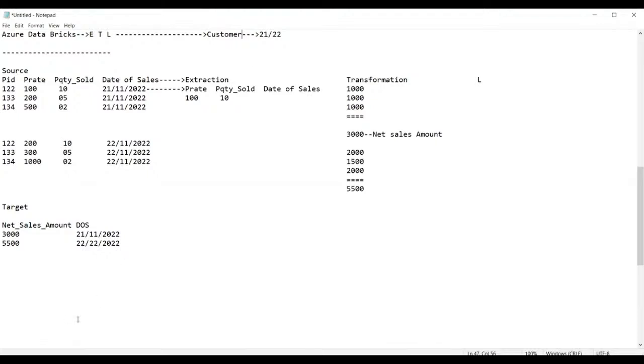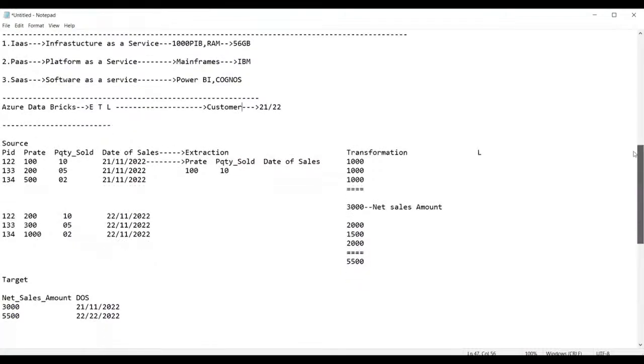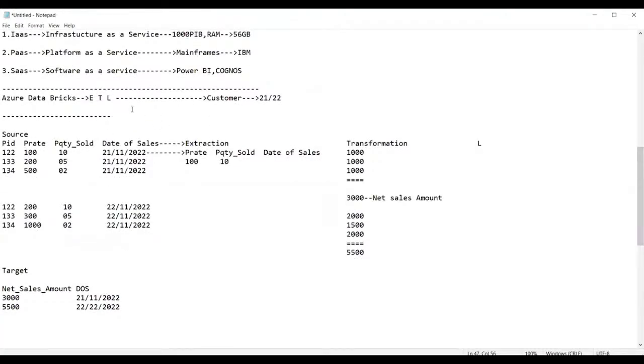This process is called extraction, transformation, and loading. And this is done by using Azure Databricks, where extraction, transformation, and loading of data is done. Clear, all of you now?